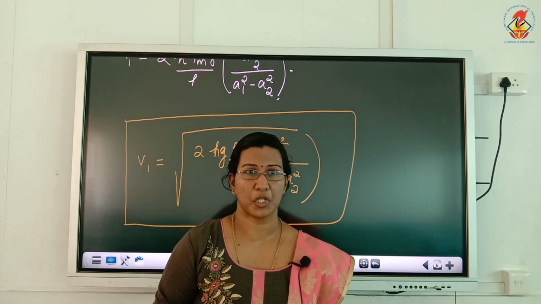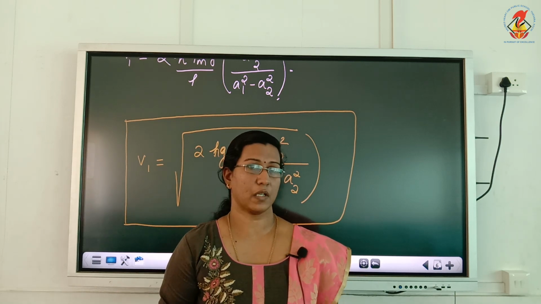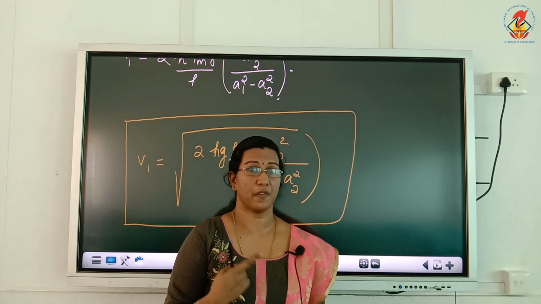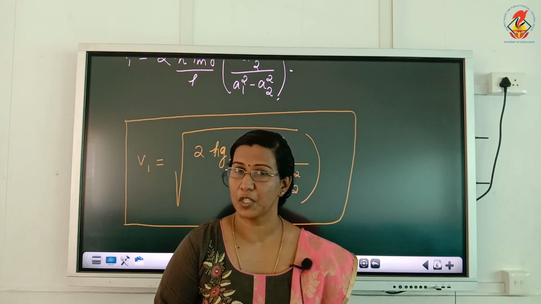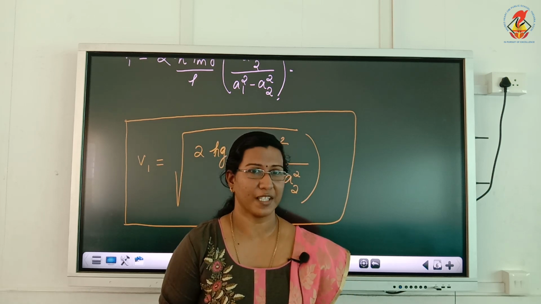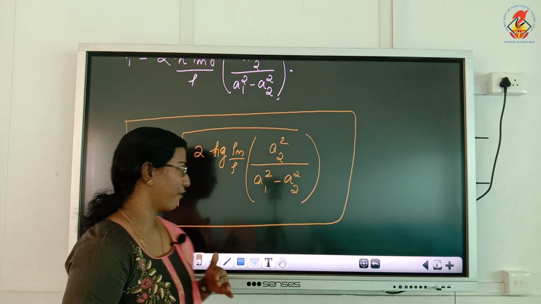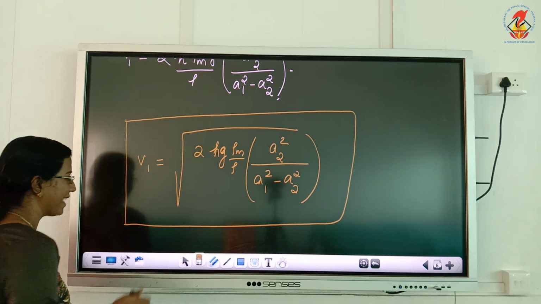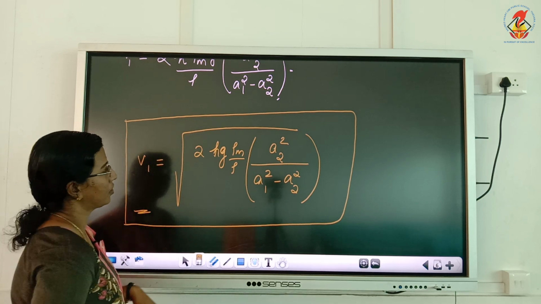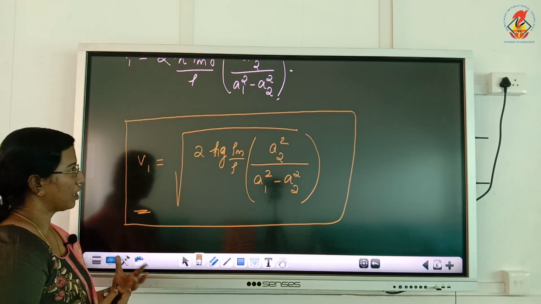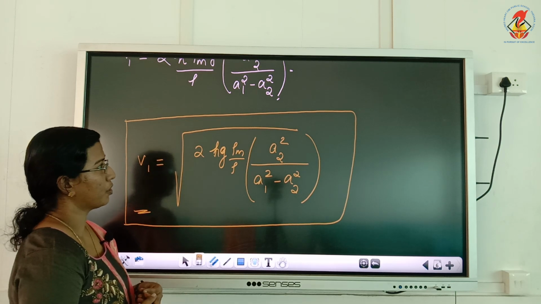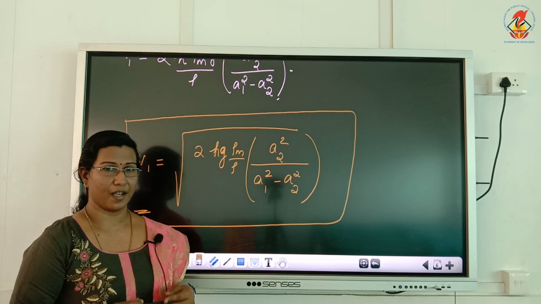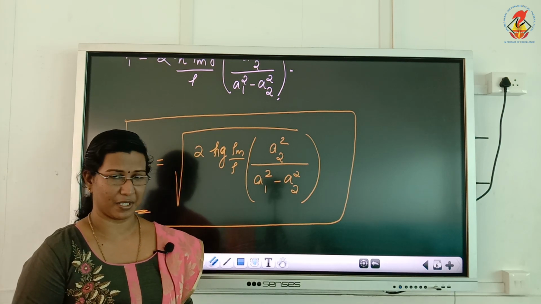We rearrange the equation. There are two unknowns in our equation, V1 square and V2 square. To remove the unknowns, we use the equation of continuity, and we found A1 by A2 is equal to V2 by V1. Substituted in the main equation, rearranged, and finally we got the velocity of the fluid flowing through the pipe as V1 is equal to root of 2 rho m g H divided by rho into A2 square divided by A1 square minus A2 square. I hope this derivation is clear to you. Thank you.